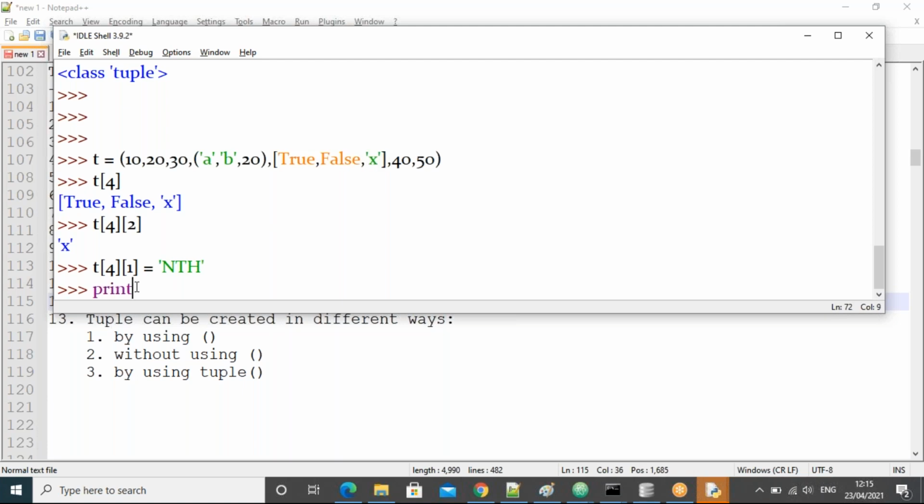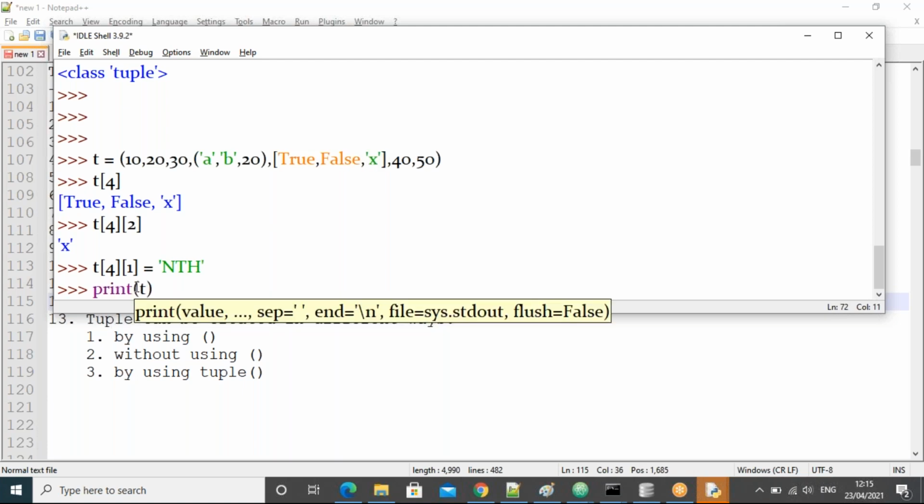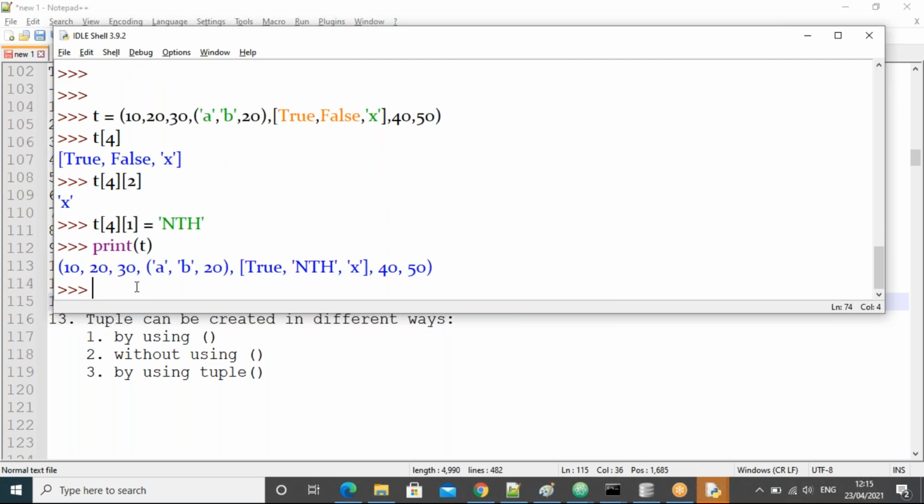Let us try here. Print of t. All of you observe now. Are all of you clear now? The thing is, check first of all where the element is. Is it in the tuple or the list?